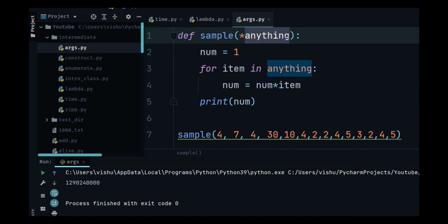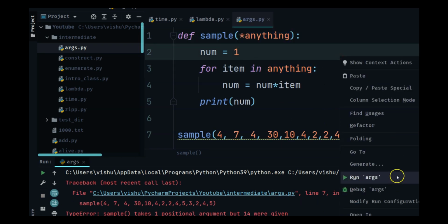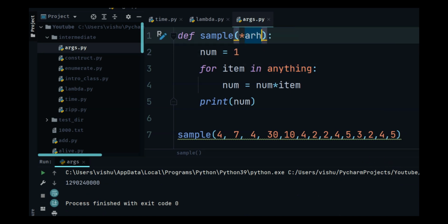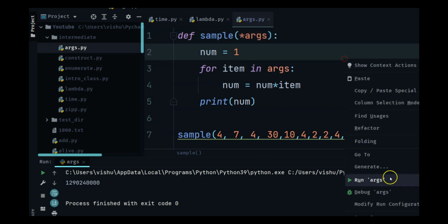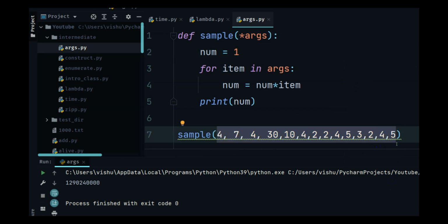This asterisk is basically telling the function, whatever is given, just store everything in numbers. I don't have to define what it is. I can name this as anything and replace it over here, and it's still going to work. This is like a variable. The important part is putting the star. If I remove the star, the program is going to break. That's why we have to put in the star, or the asterisk, and that is what args does. It is popularly known as arguments. So args, which stands for arguments, takes as many arguments as it is being passed and does its thing. And that's the beauty of this.